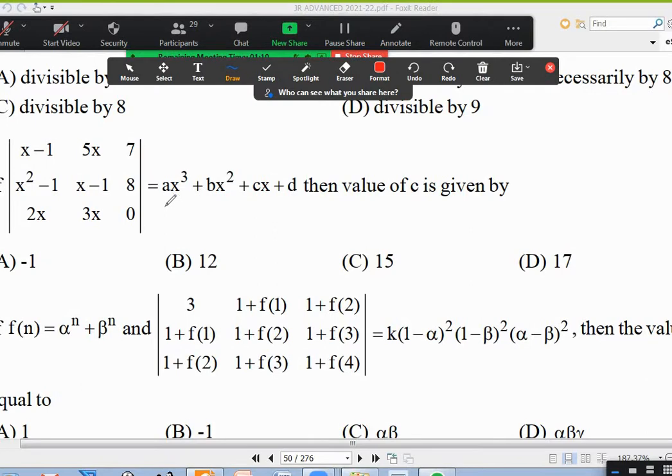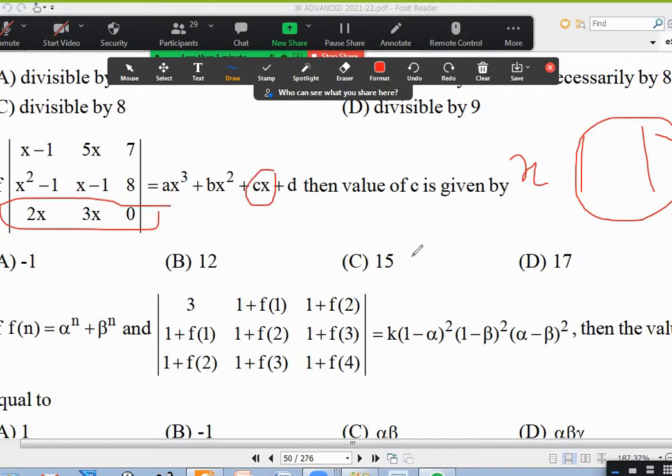As you said, in the third row, you will get x common, right? Yes, sir. So you will get x into one determinant. In that you find the constant, and you will get the x coefficient. Am I right? Yes, sir. In the third row, when you take x common, the third row will become 2, 3, 0, and other things are there. When you expand that, you may get a cubic equation or something in x. I don't care. I want only the constant in that, because constant into x will give me the x coefficient.